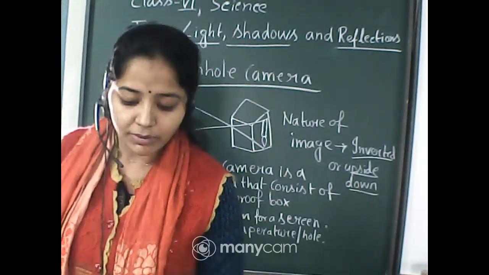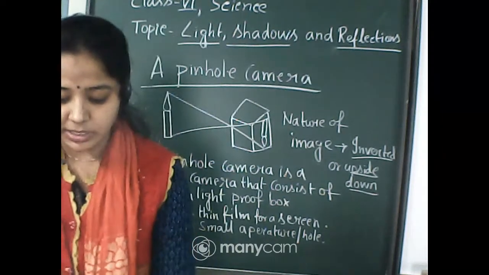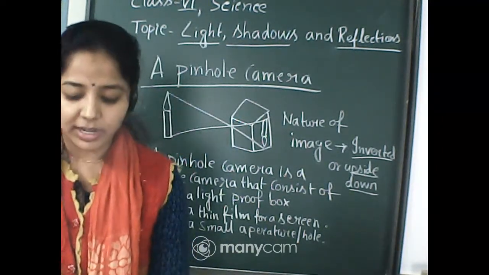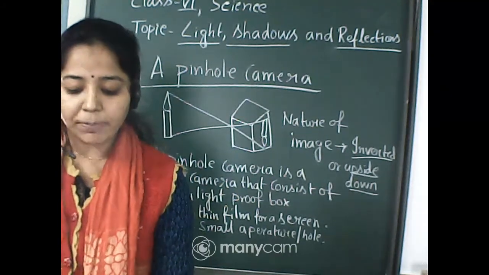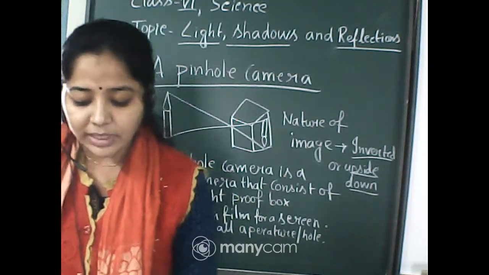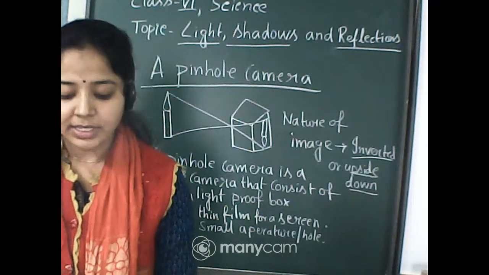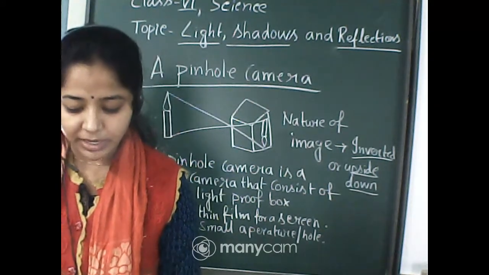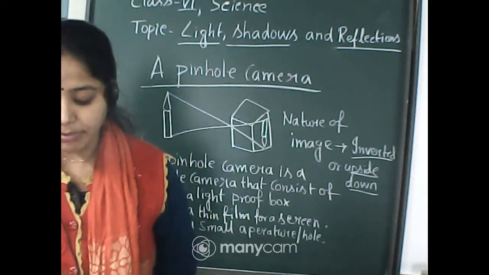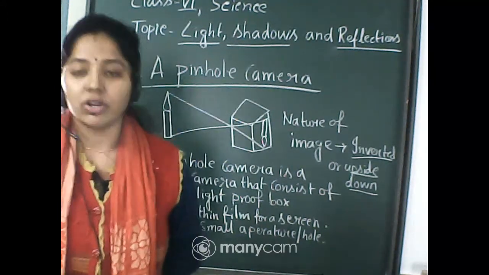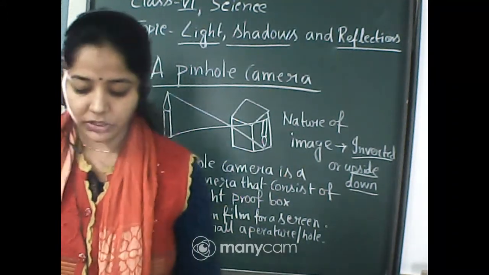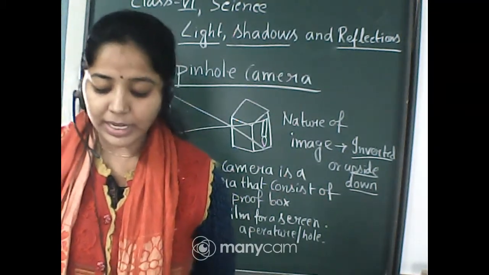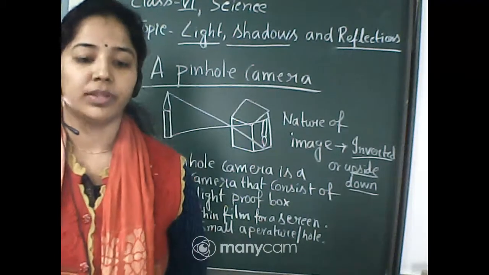Now in our nature, a pinhole camera can be seen. There is an interesting pinhole camera in our nature. What is it? Sometimes when we pass under a tree covered with a large number of leaves, we notice some patches of sunlight under it. Now you can see figure 11.6, a natural pinhole camera, pinhole image of sun under a tree. Okay. Now the gaps between the leaves act as pinholes.